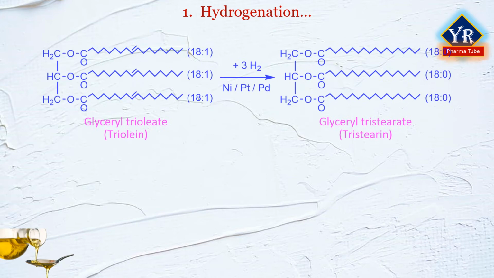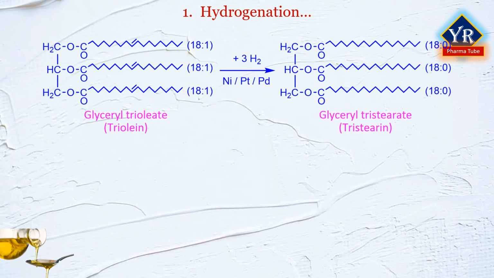This is the other representation of triolein discussed in the previous slide. In this structure of triolein, the fatty acid chain is shown along with its chain length and the presence of the double bonds in it. Triolein contains 3 oleic acid molecules, which are 18 carbon length fatty acids, possessing a double bond at C9 and C10. Thus, 18:1. 18 means the chain length and 1 stands for the presence of the double bond.